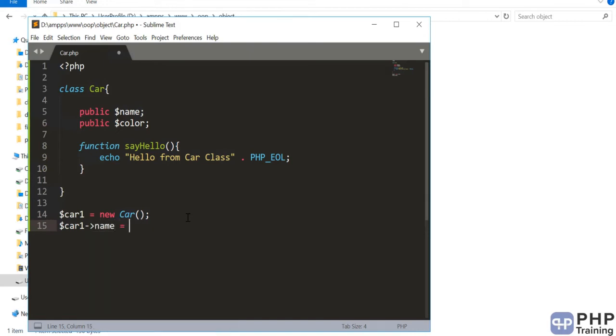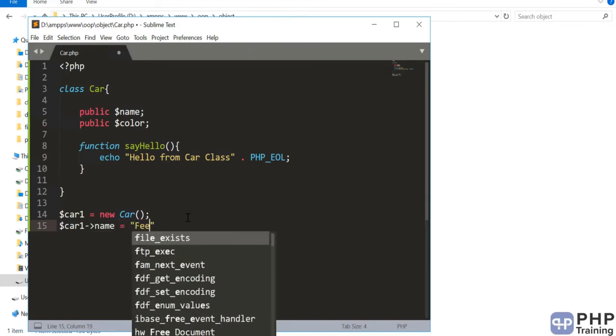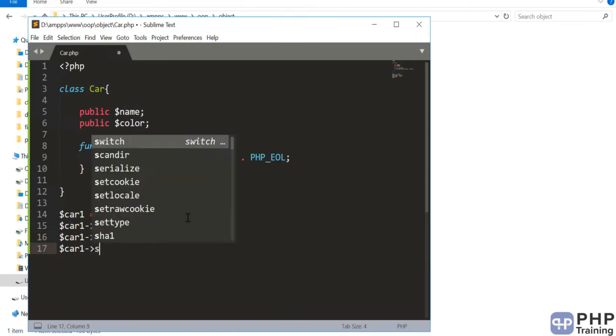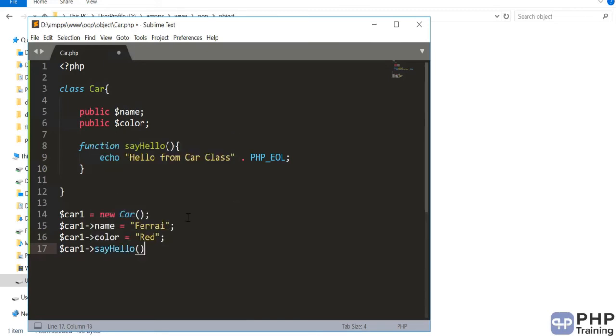So we'll set the properties first. The name of the car is Ferrari and the color of that car is red. Now I want to call the method say hello,